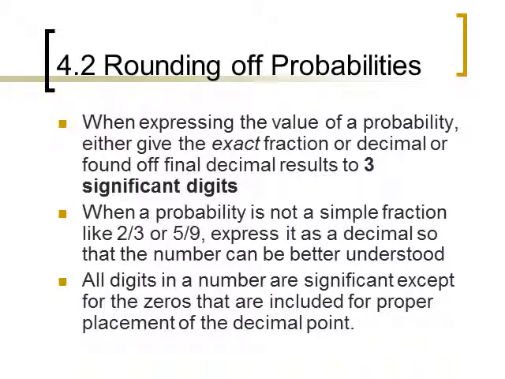So how do we round off our probabilities, since we're going to be getting a lot of decimal answers that don't terminate? When expressing the value of a probability, either give the exact fraction or decimal, or find